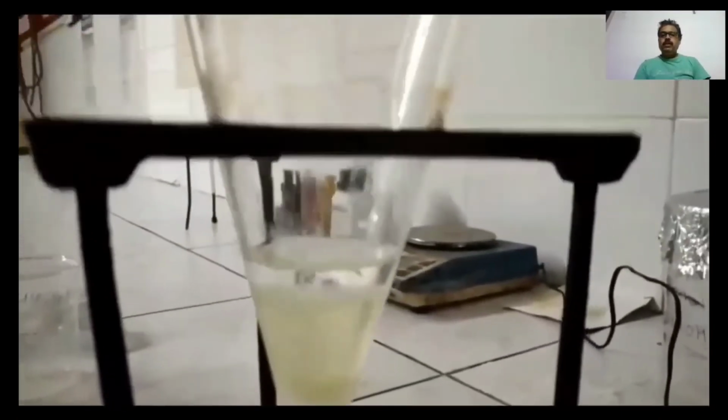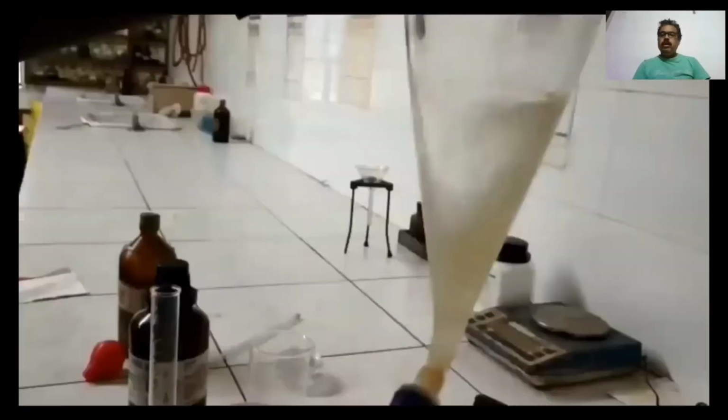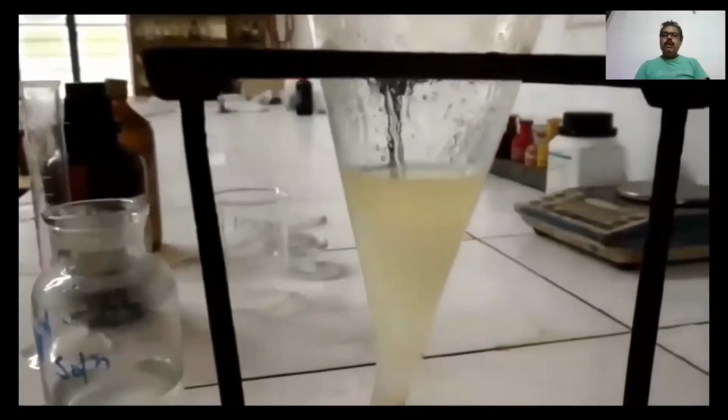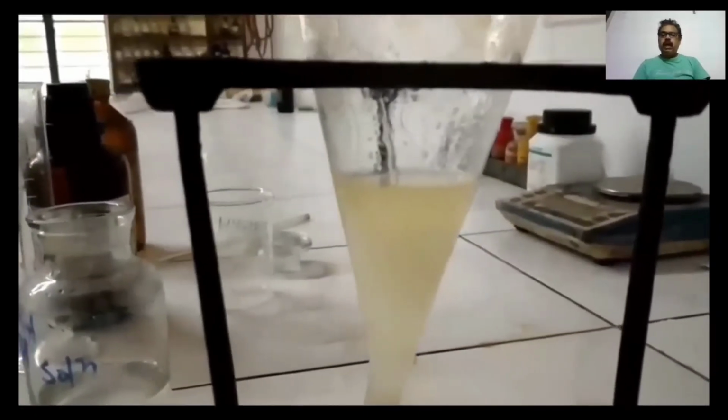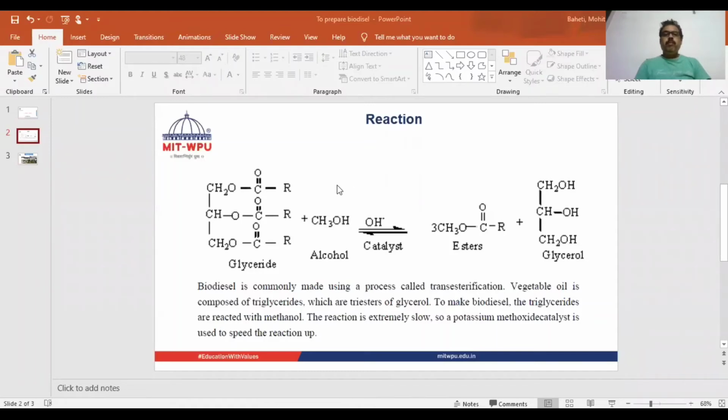So KOH will act as a catalyst. We'll mix it properly, and again we'll keep it for 5 to 6 hours. So the reaction will happen, and biodiesel will form. The upper layer is the biodiesel layer, and the bottom layer is the glycerol layer. So biodiesel is formed. The reaction takes place in the olive oil and methanol in the presence of KOH as a catalyst, and